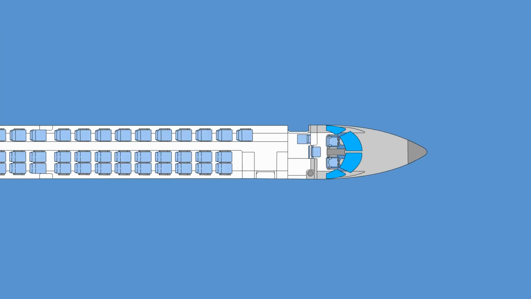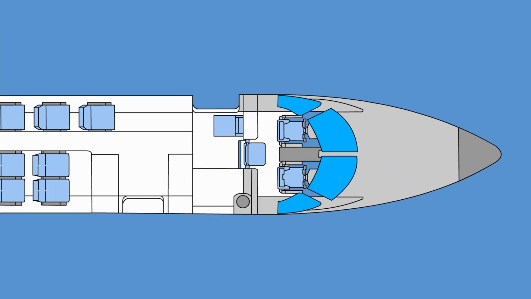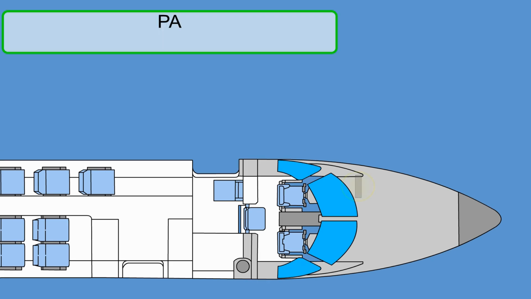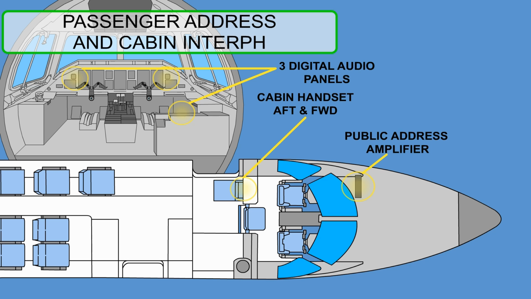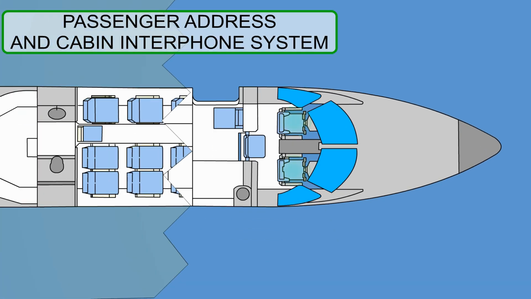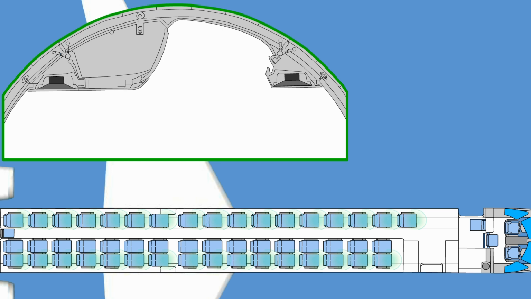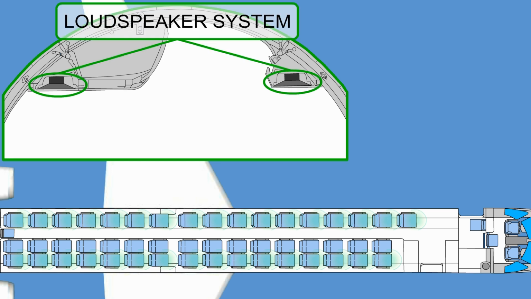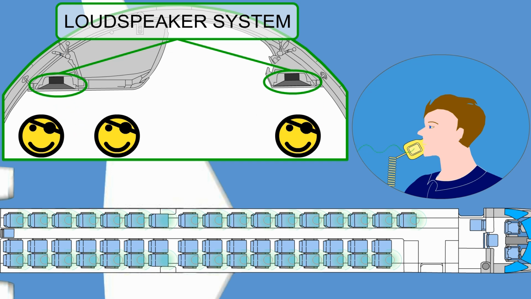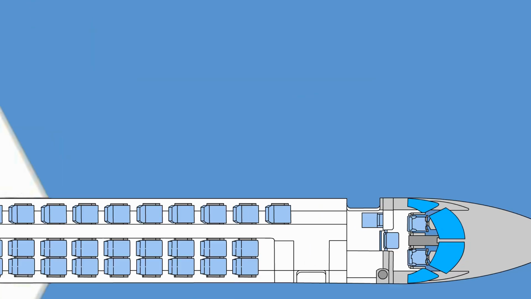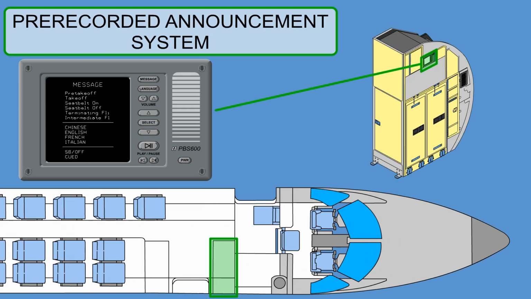The passenger address and entertainment system includes the following 3 subsystems. The passenger address and cabin interphone system, which provides communication among pilots, observer, flight attendant, and ground crew. The passenger loudspeaker system, which allows the flight attendant and flight crew to communicate with the passengers and other flight crew members. The pre-recorded announcement system, which provides the flight crew and passengers with safety information and in addition can